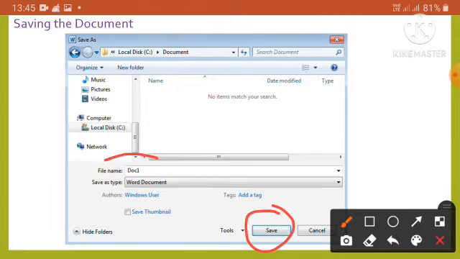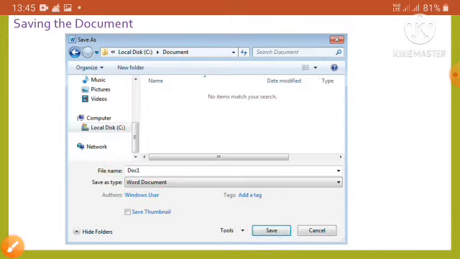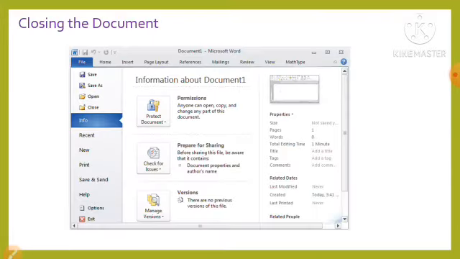Here just write the file name or document name and choose the save type and also the location. We can access this dialog box by clicking the file tab and then selecting the save as option from the Backstage view.